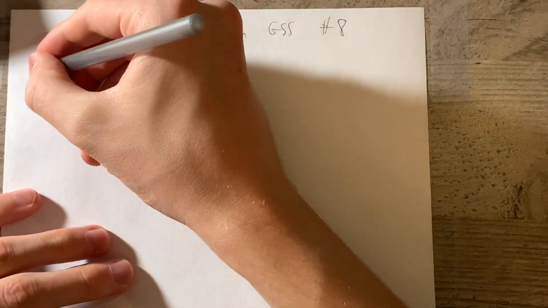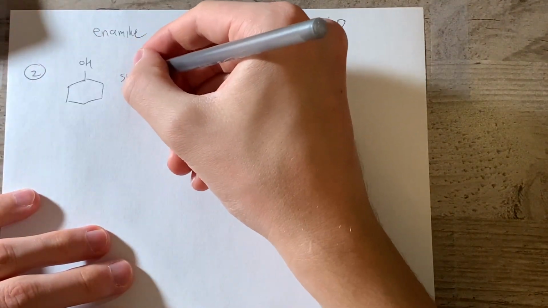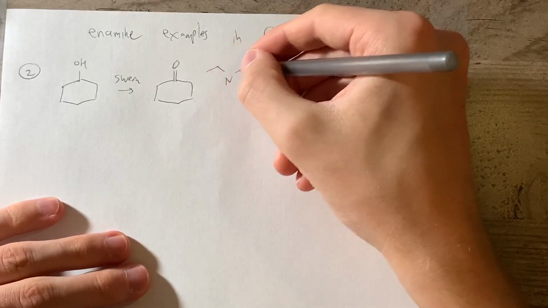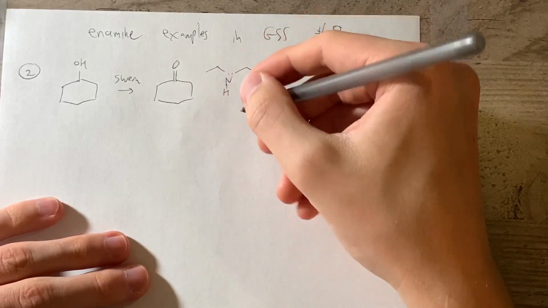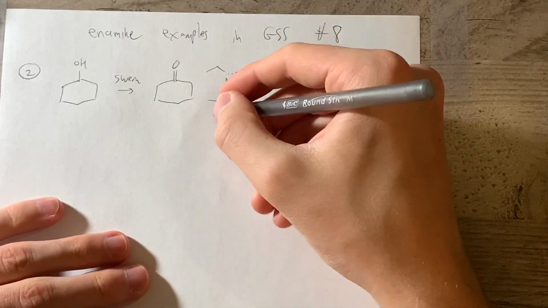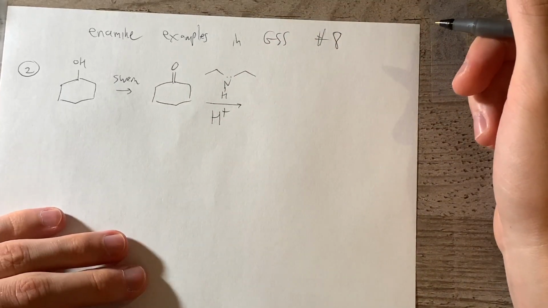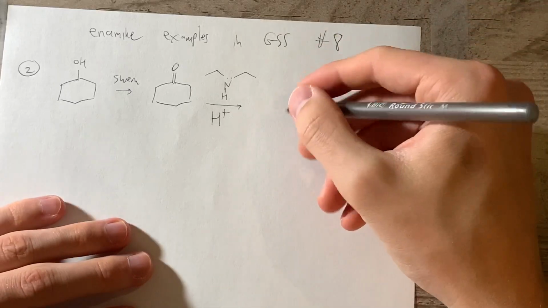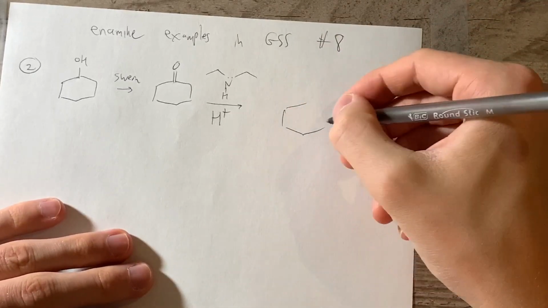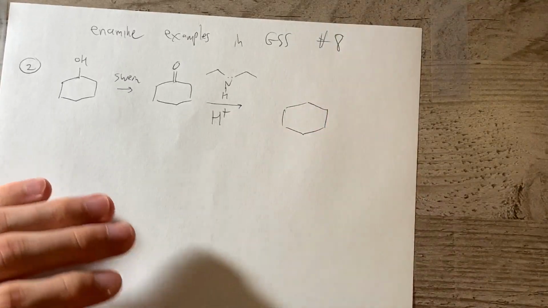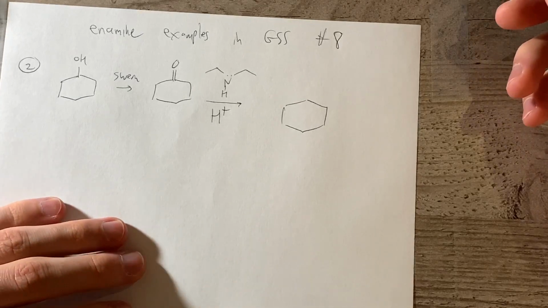So let's start with number 2. We've got a Swern oxidation. This is where our enamine comes in. We have an Et2NH. I like to draw it like this. Now you want to envision what happens here. So it might be easy to know the mechanism and then just memorize the product, because you're going to need